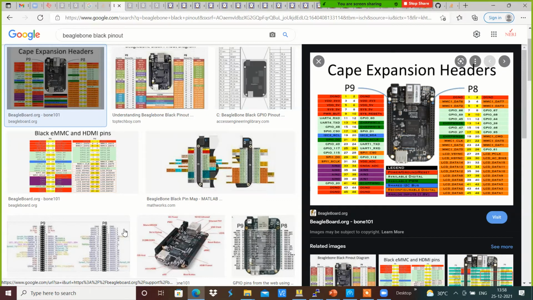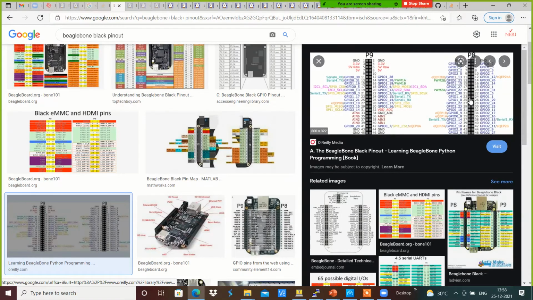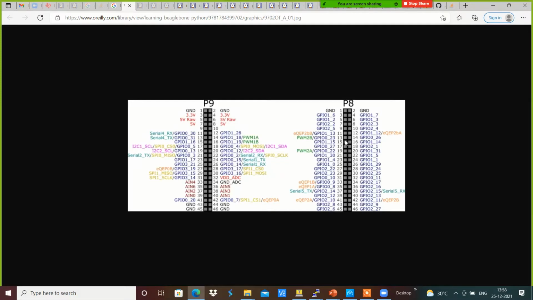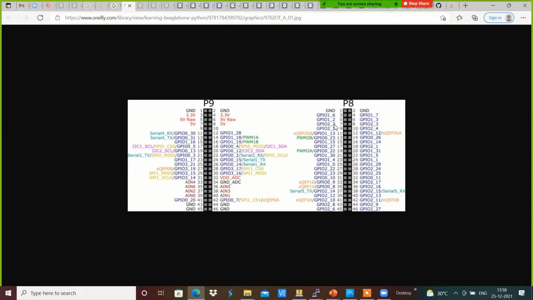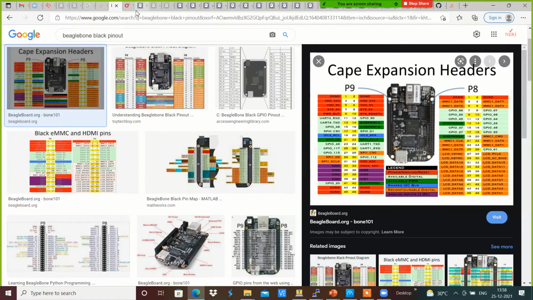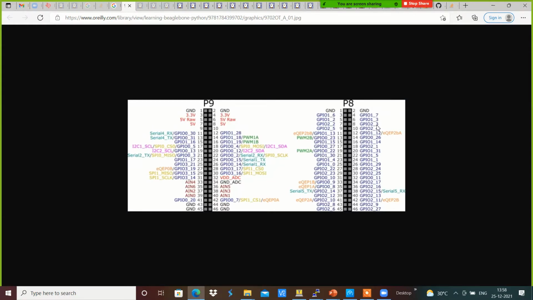Here we have 66, which is GPIO 2_2. GPIO 2_2 is the 7th pin, 2_3 is the 8th pin, 2_5 is the 9th pin, and 2_4 is the 10th pin.